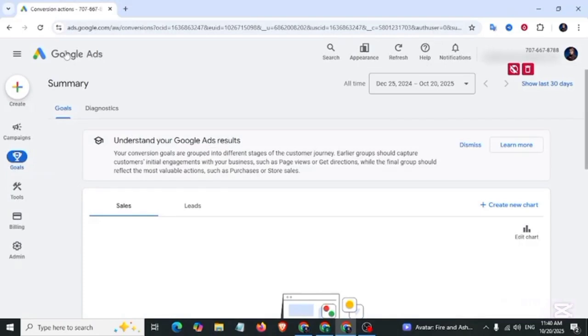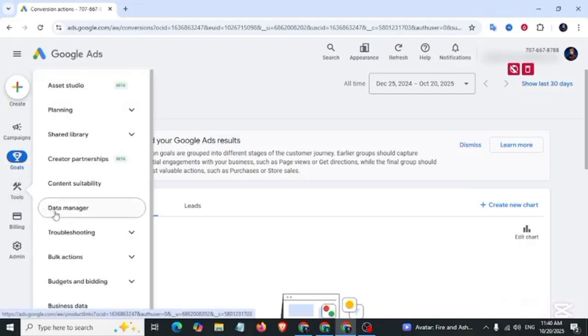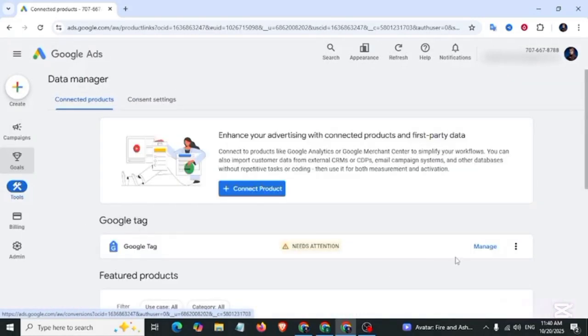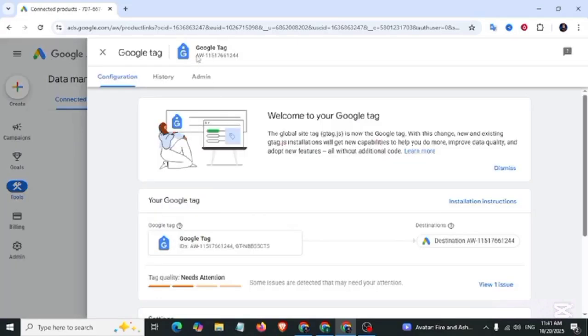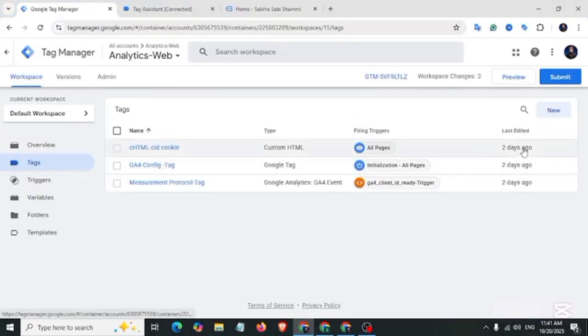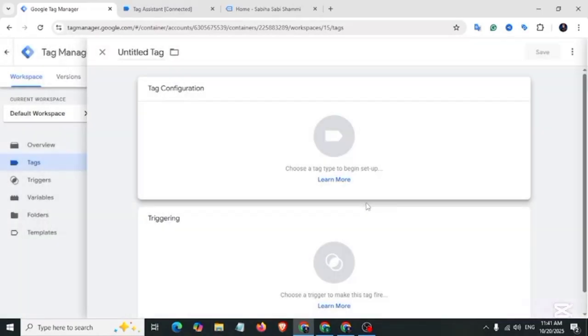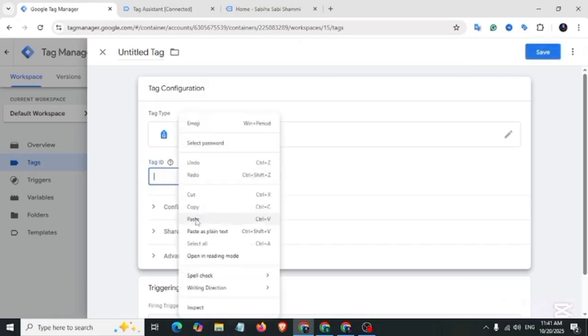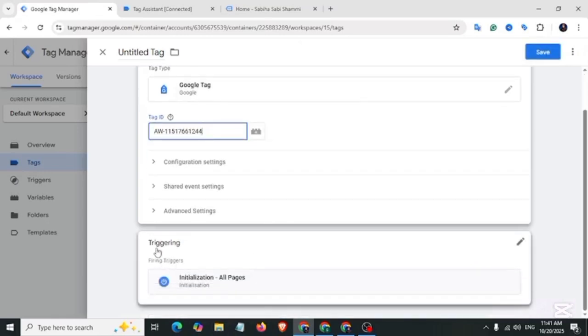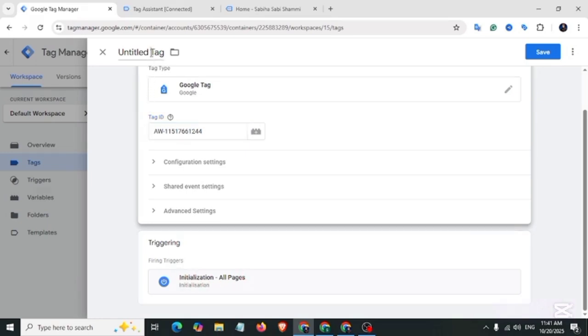Navigate to Google Ads account. Now we create Google Ads config tag. Let's move on tools, then data manager, then click on manage. Here we got our Google Tag ID. Let's copy this. Navigate to Google Tag Manager, tags, new, tag configuration, select Google Tag and paste what we copied, and triggering should be initialization all pages. Name the tag,